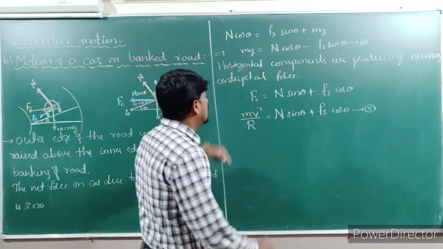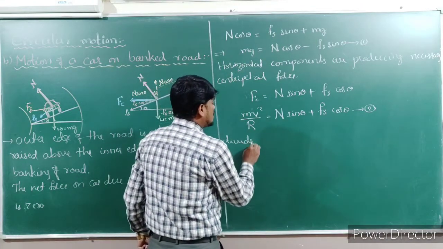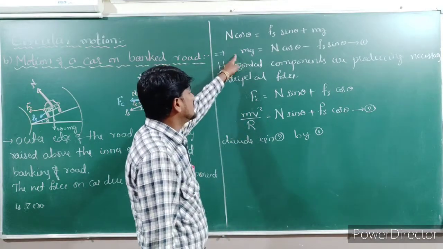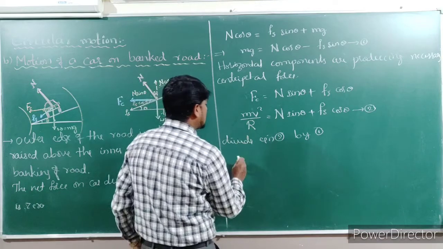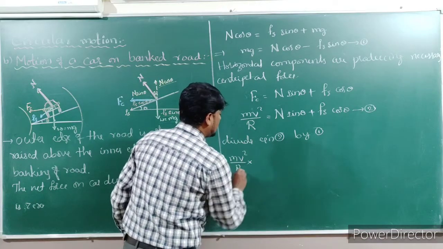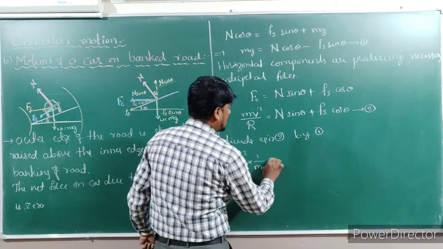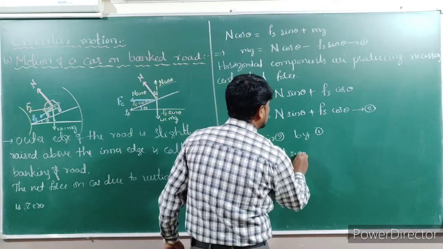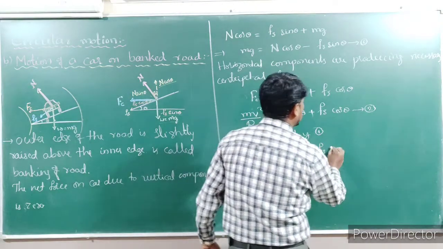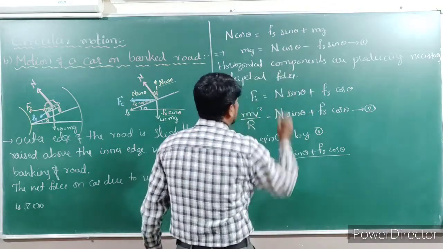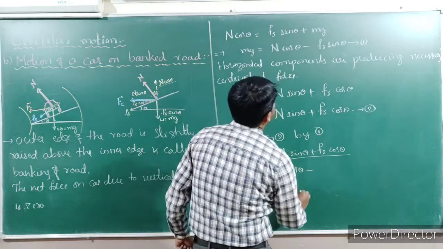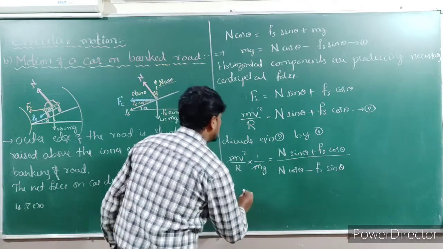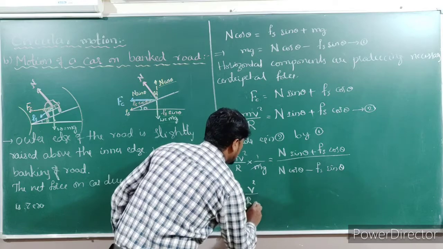This equation is the horizontal component. The other equation is the vertical component. What will I do? I will divide equation 2 by equation 1. Suppose if I divide, what happens? Let's write that. mv square by r divided by mg, on the LHS. Let's go for the RHS: n sin theta plus Fs cos theta divided by n cos theta minus Fs sin theta. The m gets cancelled, so we write v square by rg is equal to